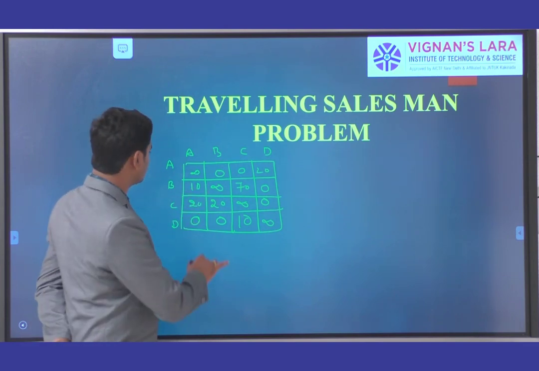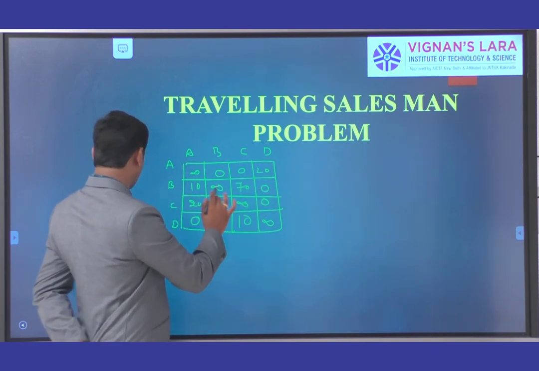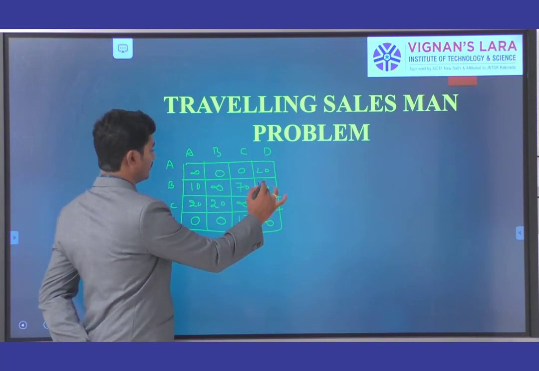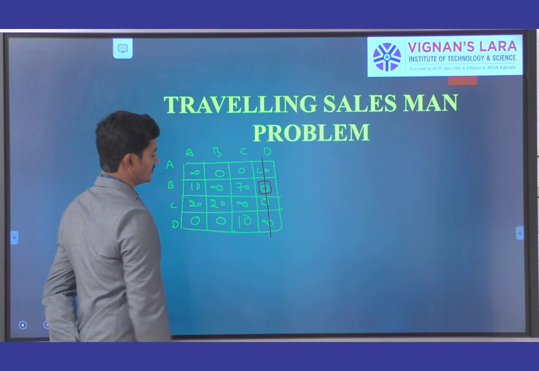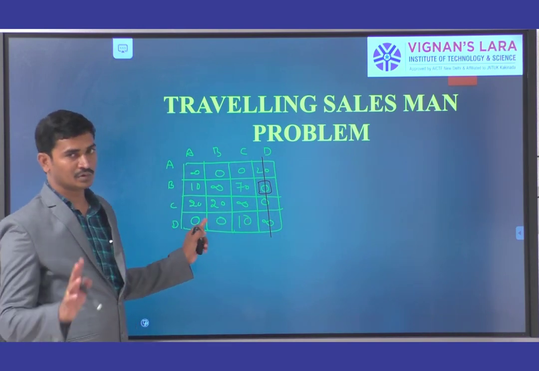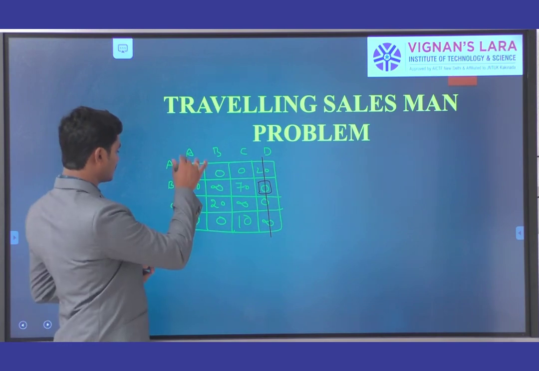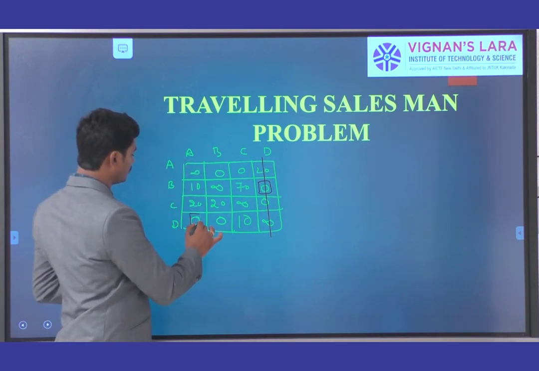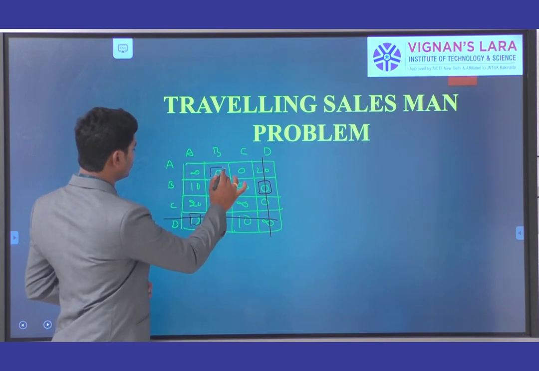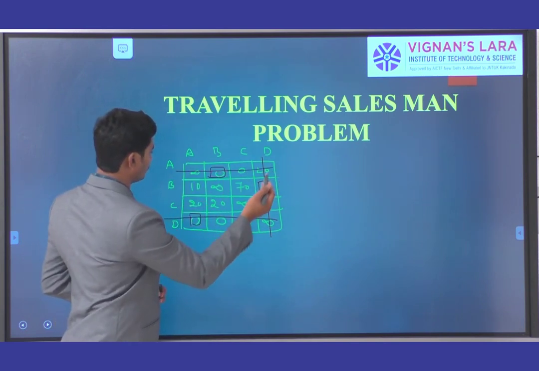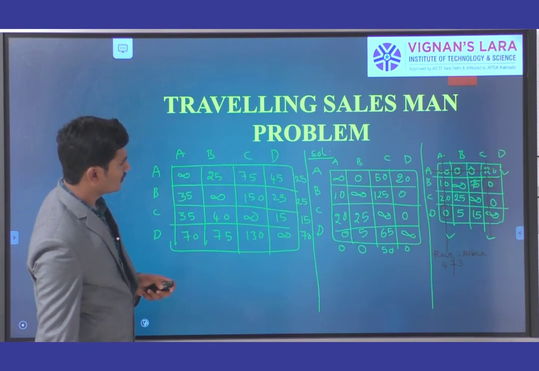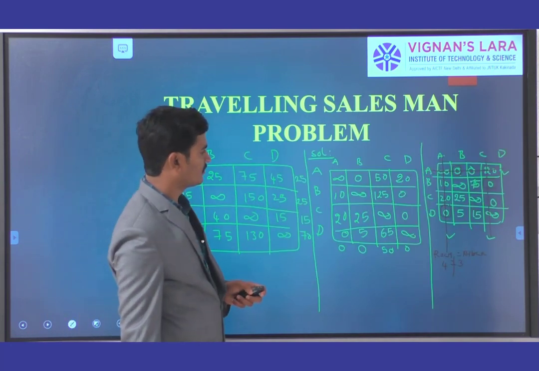And now again we are going to scan the zeros. First row scanning, 2 zeros. Next second row, we have 1 zero, simply we take this 0. Next coming to the third row, there are no zeros. Fourth row, here we have 2 zeros, simply we neglect it. Next column scanning, here we have 1 zero, so simply neglect this. Next second column, here we have 1 zero, so simply we neglect this. Next, there are no zeros in the other cells.